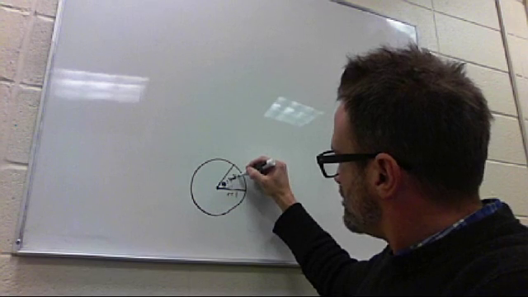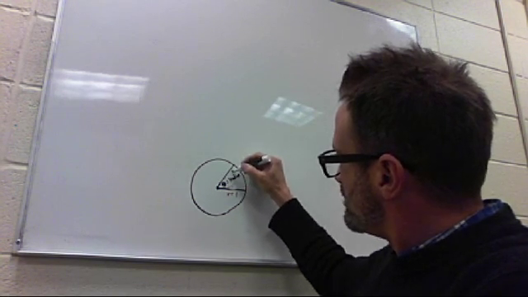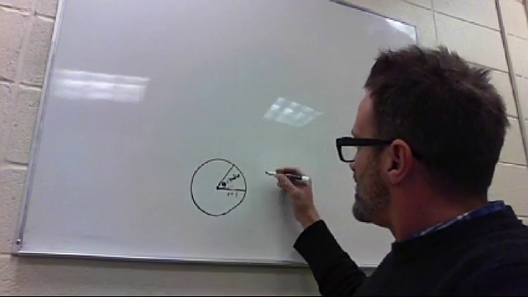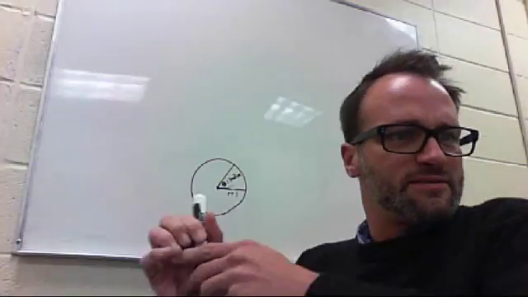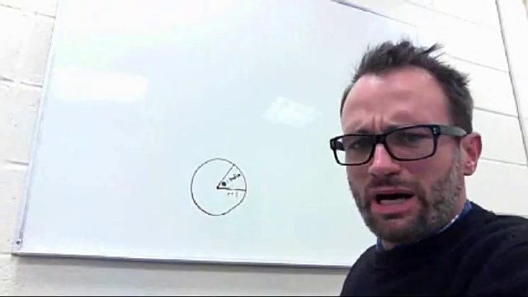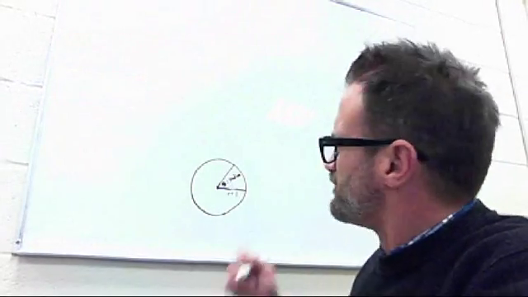If I say that this angle measure is 1 radian, this amount of openness is 1 radian, and then I were to ask you what, and we'll do this in a different color,